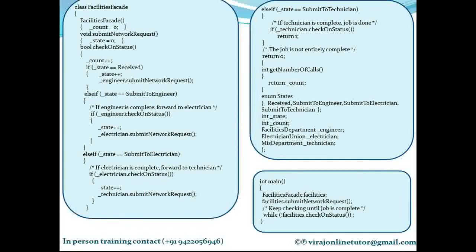So use the facade when you want to reduce the complexities of the interfaces. Instead of talking to n number of different complex subsystems, have a facade, which is a single unified interface, and just talk to that single unified interface. And let the facade handle the complexities. Interesting, no? So that's all I had on the facade design pattern.